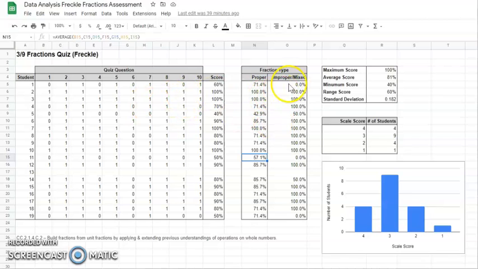So then regarding the mixed numbers, student 1 got a 0% on this, student 5 got 50%, student 11 got 0% there, and then student 19 got 0% as well. So they're the students that I need to revisit some of those adding mixed number strategies, and then even more